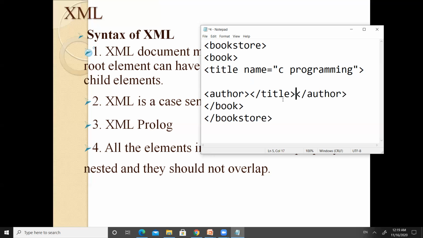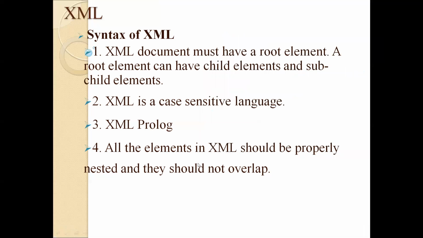The title tag and the order tag got overlapped because they are not properly nested. So in order to nest them properly, we need to write the title tag here, right? So that is the meaning of this point. All the elements in XML should be properly nested and they should not overlap. Next one,